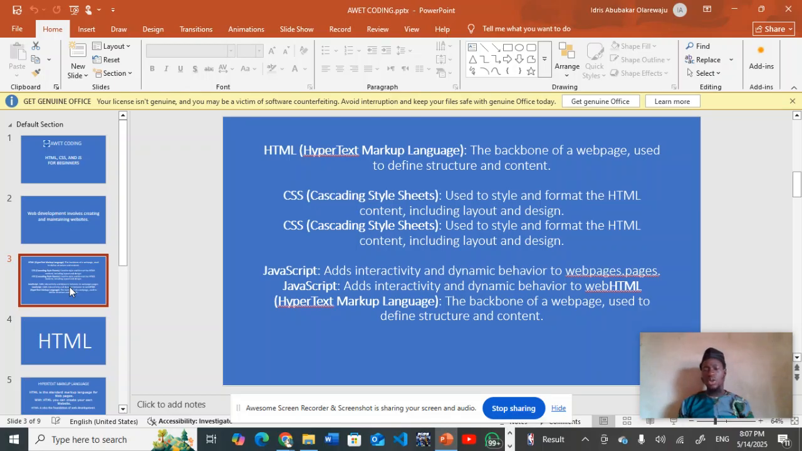HTML, which is Hypertext Markup Language, is the backbone of a web page, used to define structure and content. Now, good. We say structure and content. I would like you to go back in the form of a human. Humans are flesh, but without the bone, there's no way the flesh will be placed there. Without the skeleton, there's no way a human can be formed. So HTML is just like a skeleton. So let's put HTML in the form of a skeleton and we're putting our CSS in the form of a human